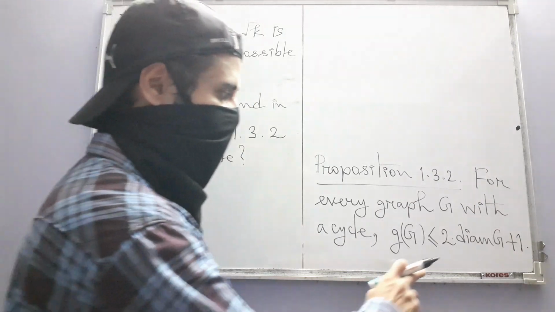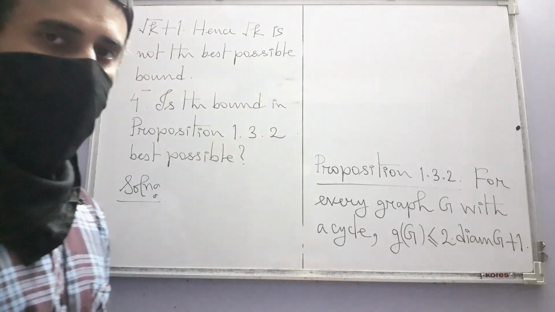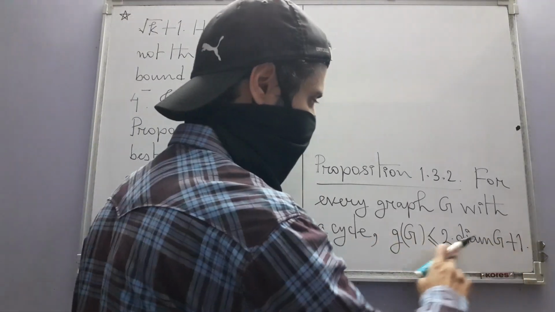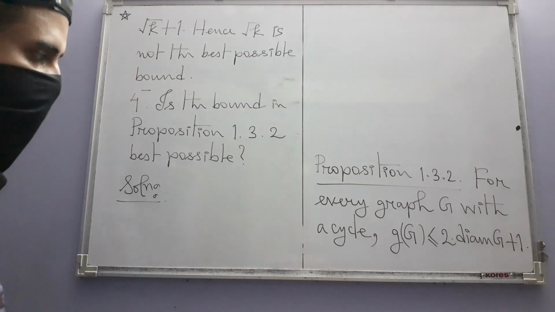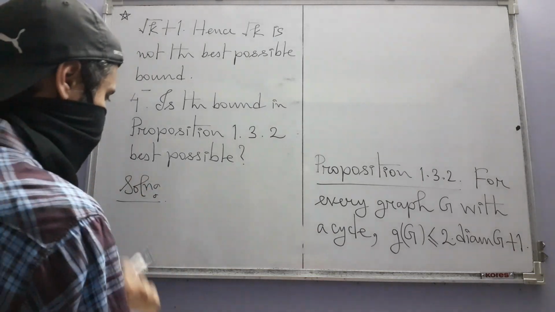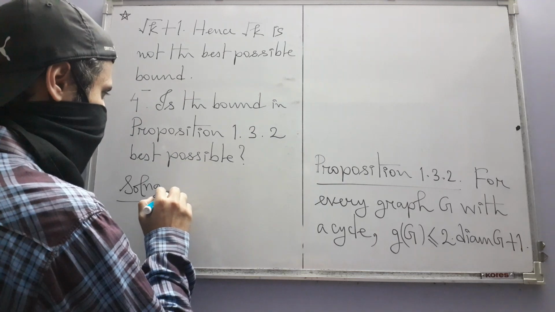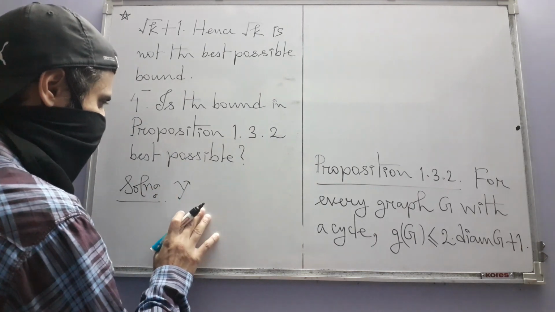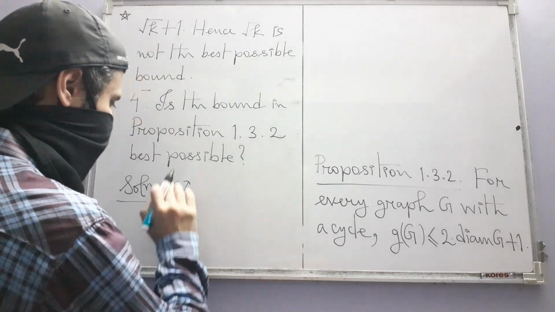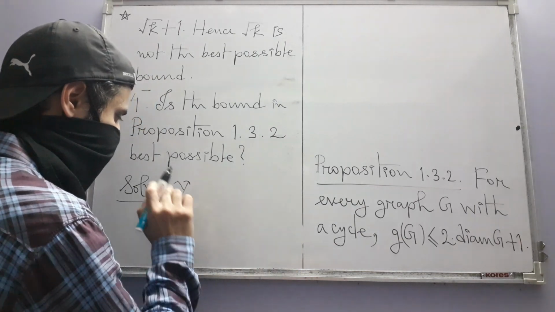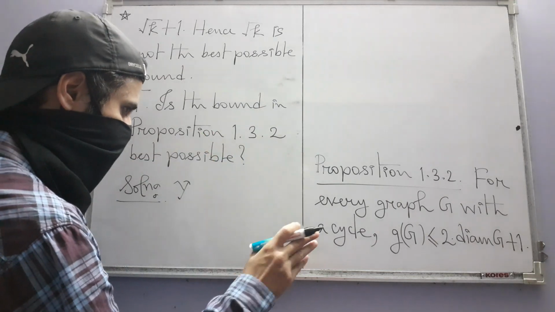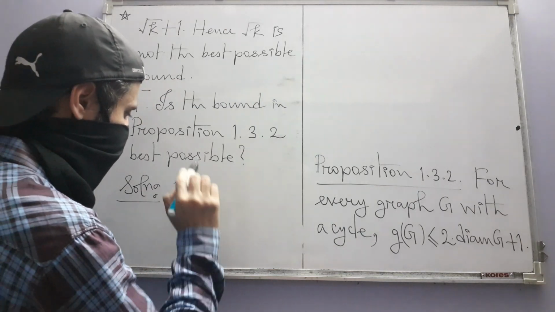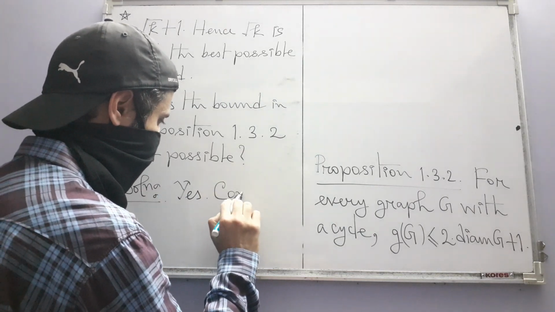If that is possible, then this is not the best bound. But actually, you cannot replace it with a smaller upper bound because of this graph. So it is the best possible. Did I just say that it's not the best possible? Anyway, it is the best possible. We cannot improve it any further. So I write yes. And the justification for that is,